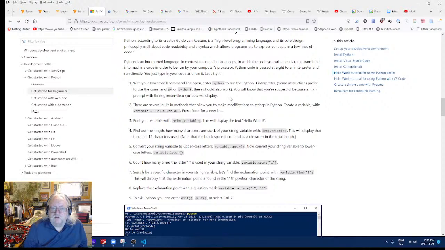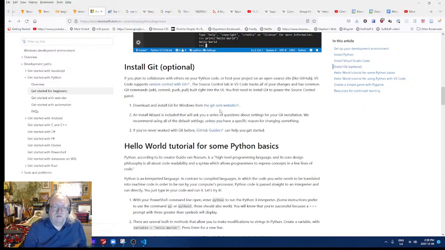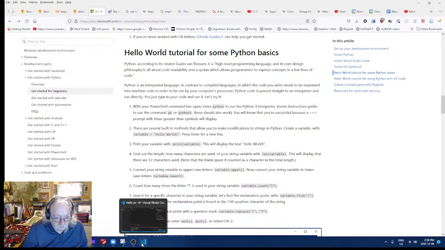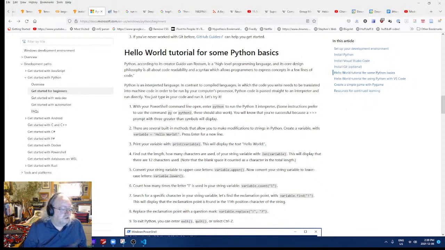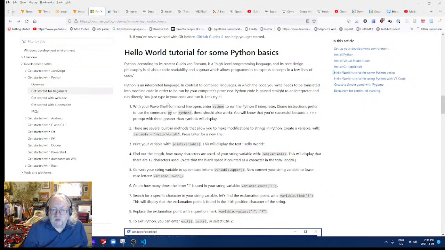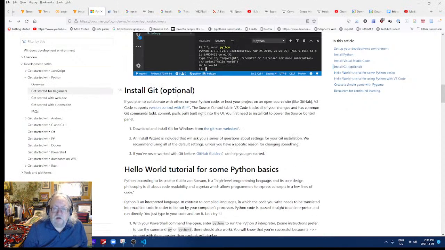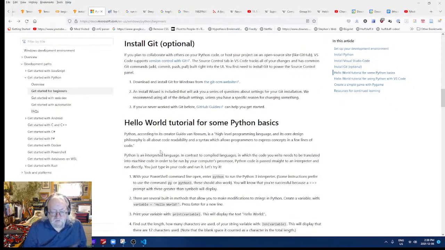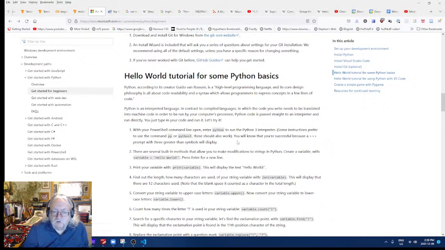With your PowerShell command line open, enter Python to run the Py3 interpreter. Where's my... Oh, I closed it, didn't I? Because I thought I wasn't using it anymore. Or do they mean the PowerShell in here? They probably mean the PowerShell in here.